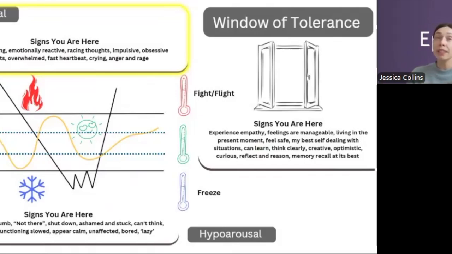And remember that when someone is in hyperarousal, that's because their nervous system has recognized a trigger which might remind the person of a threat from their previous experiences. And their nervous system and body is saying to them, I am not safe, I have to act. And what you're seeing is their body and nervous system trying to engage a fight or flight response to keep them safe.